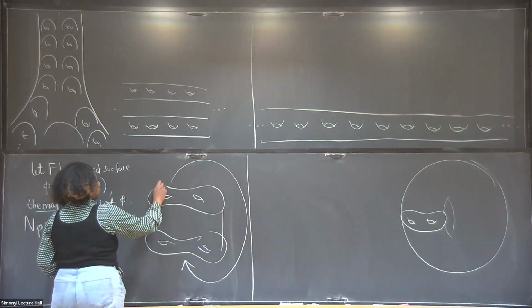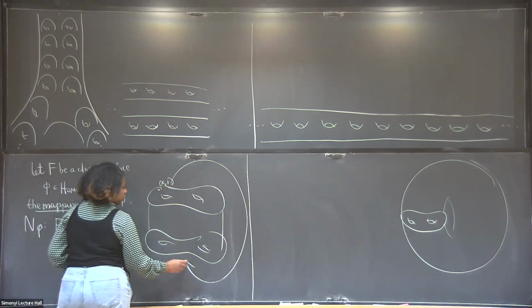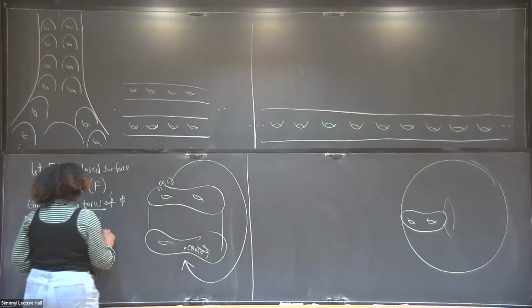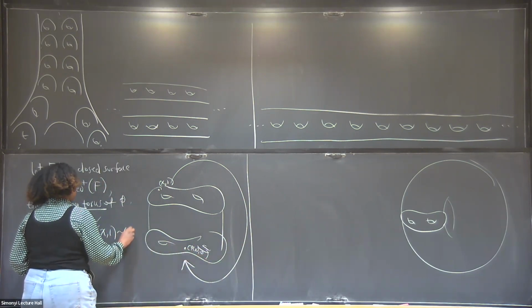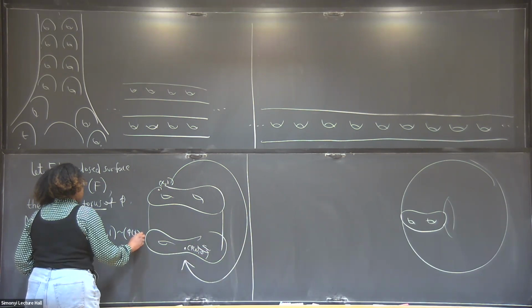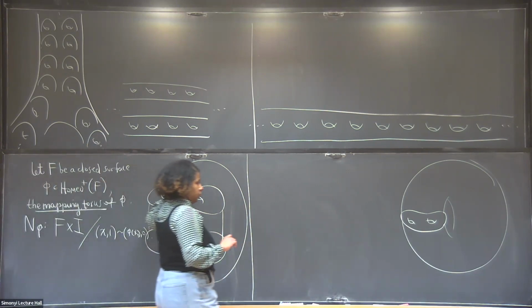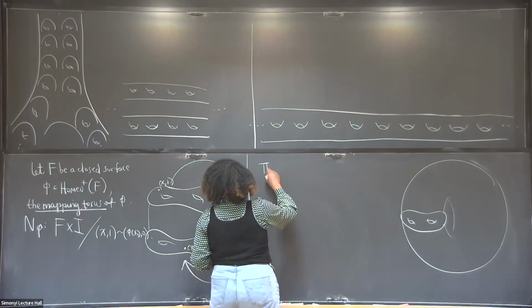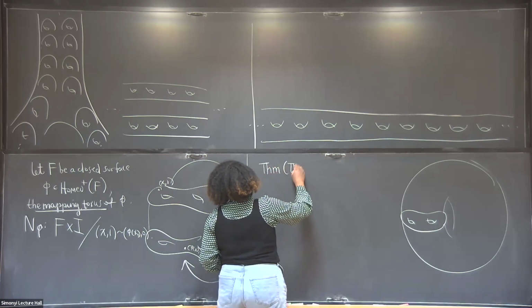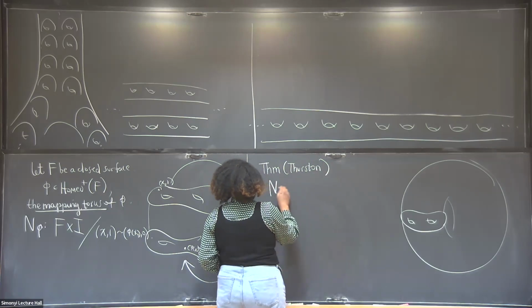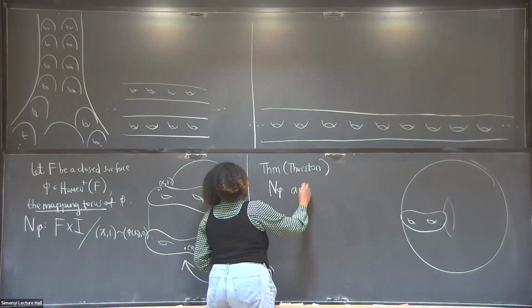So (x, 1) is going to get glued to (phi of x, 0). Now that gives me a closed three-manifold, and a really celebrated theorem of Thurston is that this closed three-manifold M phi admits a hyperbolic structure